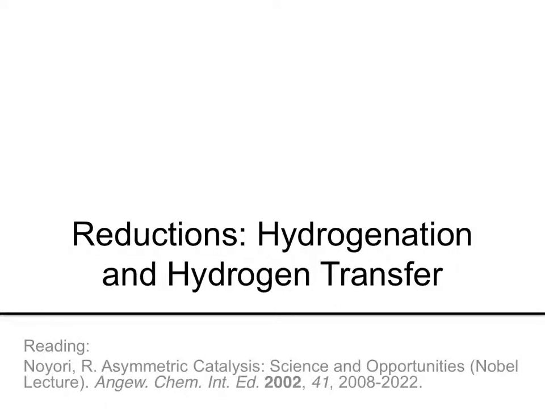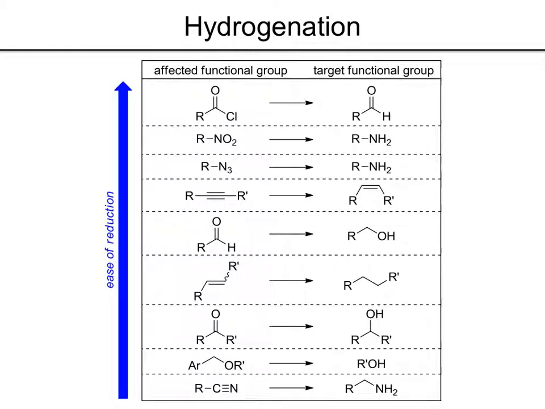In this lecture, we'll address reductions, specifically hydrogenation and hydrogen transfer agents. Hydrogenation can be used to reduce several functional groups. These are several examples that can be reduced to these target functional groups, and in this table, these groups have been arranged according to ease of reduction. So the groups at the top of the table are easier to reduce than the groups at the bottom of the table. And now this comes in handy if you're trying to reduce selectively one group over the other in